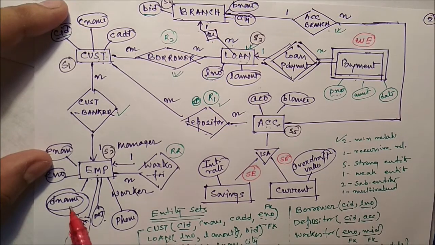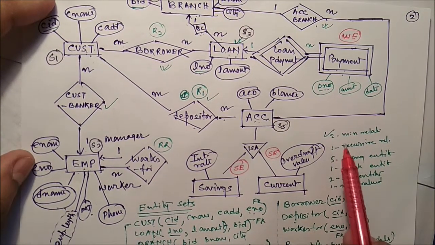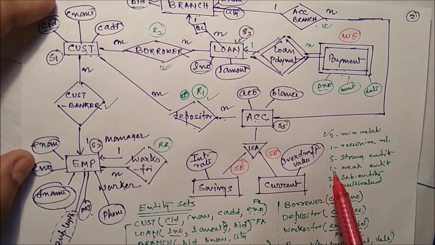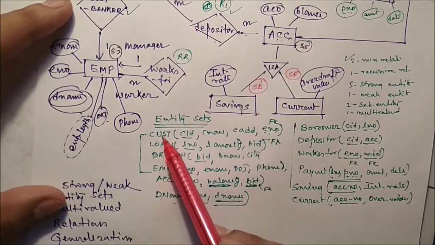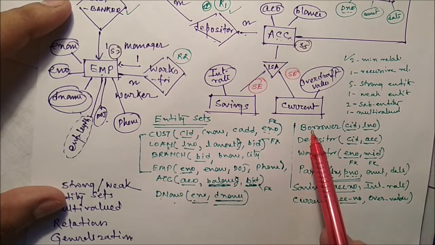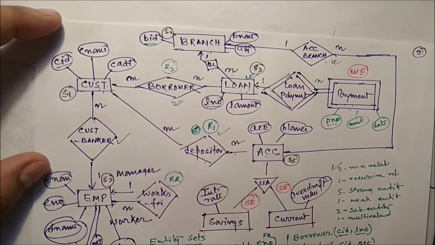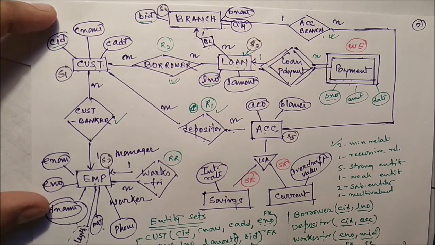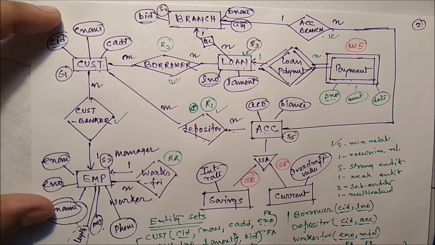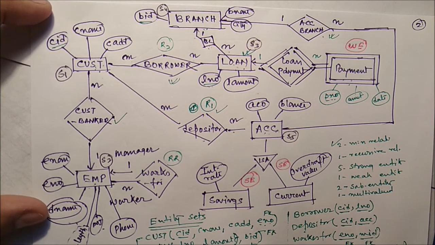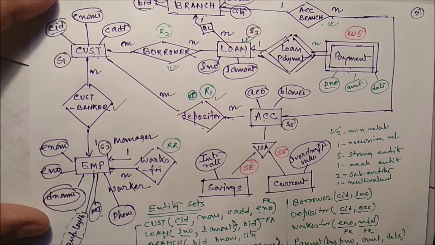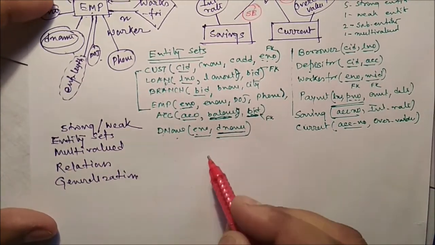Here 1 multi-valued attribute is there. So that means 5 plus 2, 7, 8, 9, 10, 11, 12. 12 tables must be there. So you can see here 1, 2, 3, 4, 5, 6, 7, 8, 9, 10, 11, 12. In this way we can identify the number of tables present in this particular ER model. And that is the end of this particular video. Thank you very much.